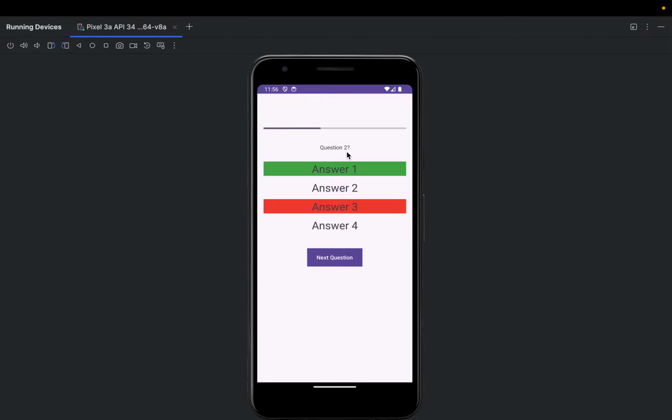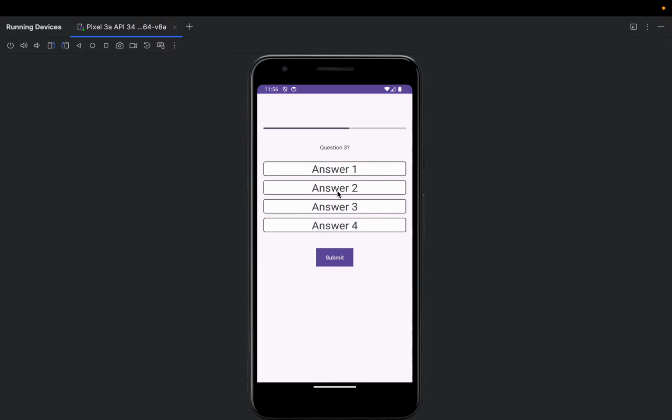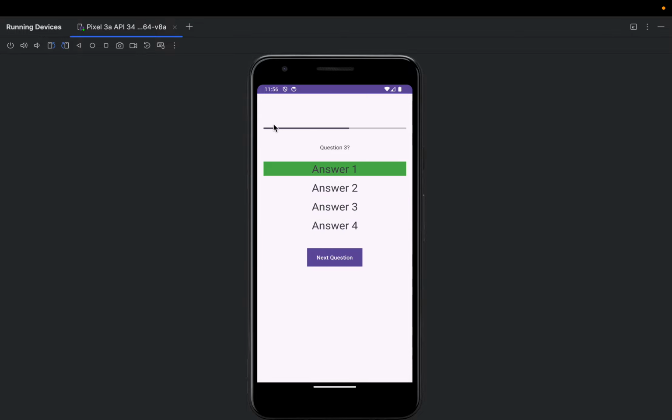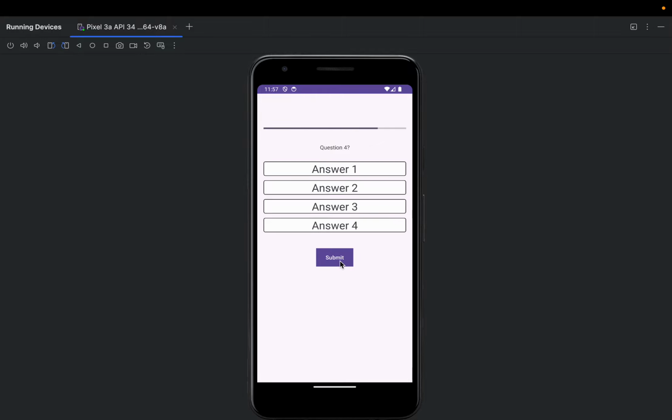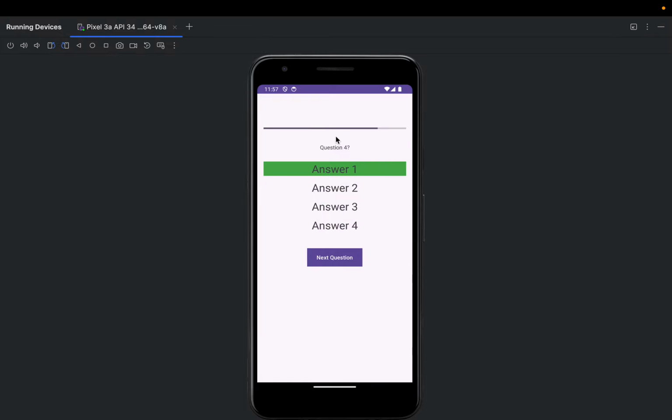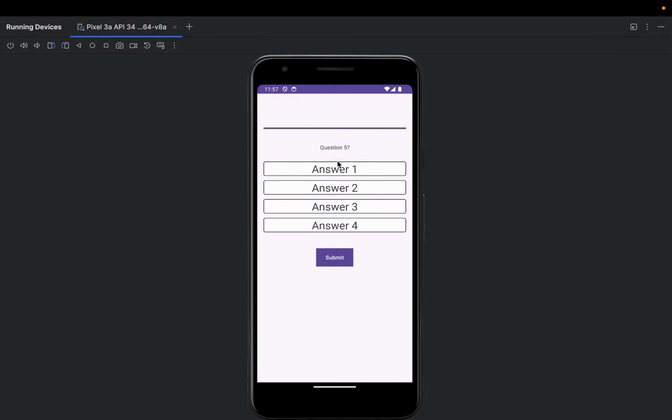And you can see here is question 2 and the progress bar is growing. Then click next question, and you can see here question 3 and the progress bar is moving. Next question, okay, there's a toast that says select an answer. Right, so there'll be answer 1 and then next question,